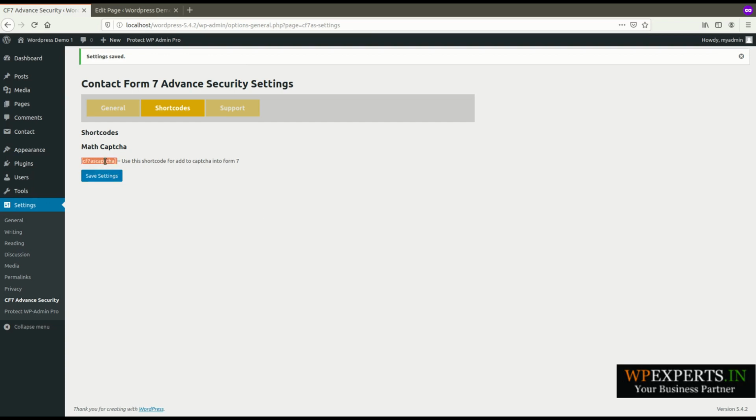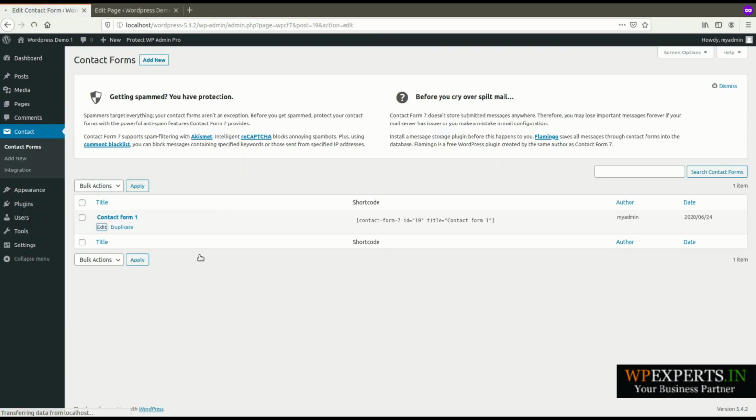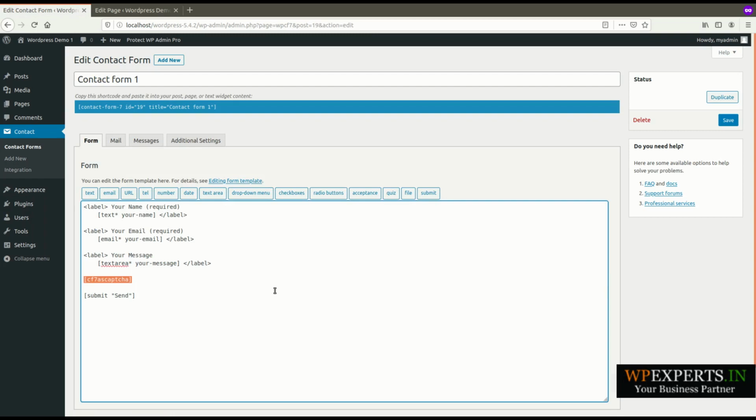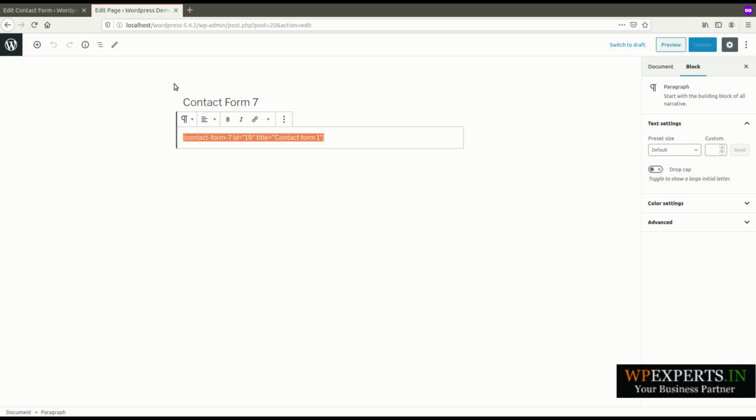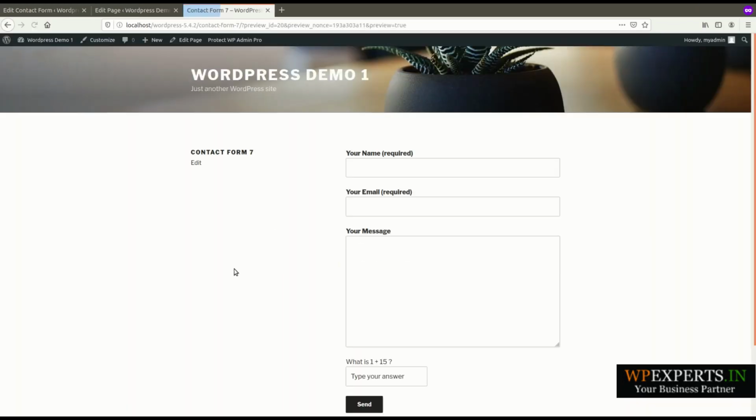To add it, just copy the shortcode and paste it in your website, as I have already pasted. You can also paste it in your Contact Form 7. If you create multiple contact forms, you can use the same captcha shortcode. On this page I have added the shortcode, so let me check the preview.